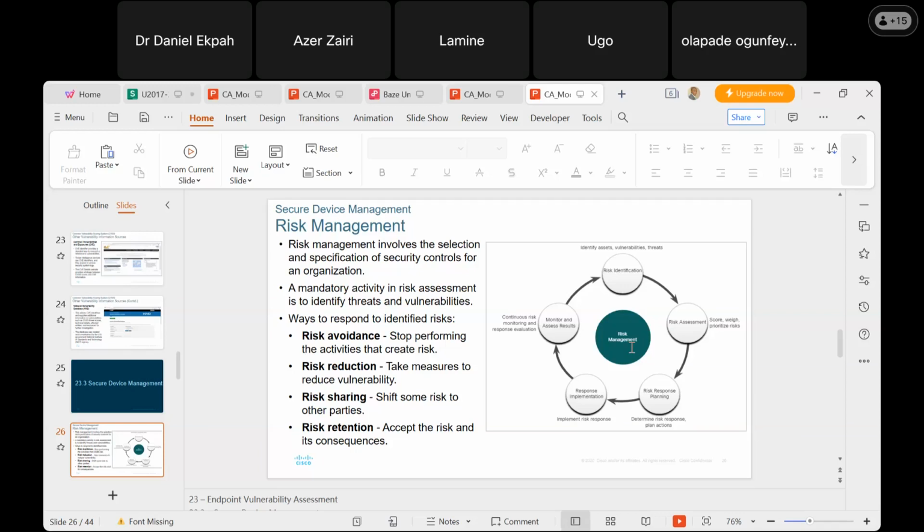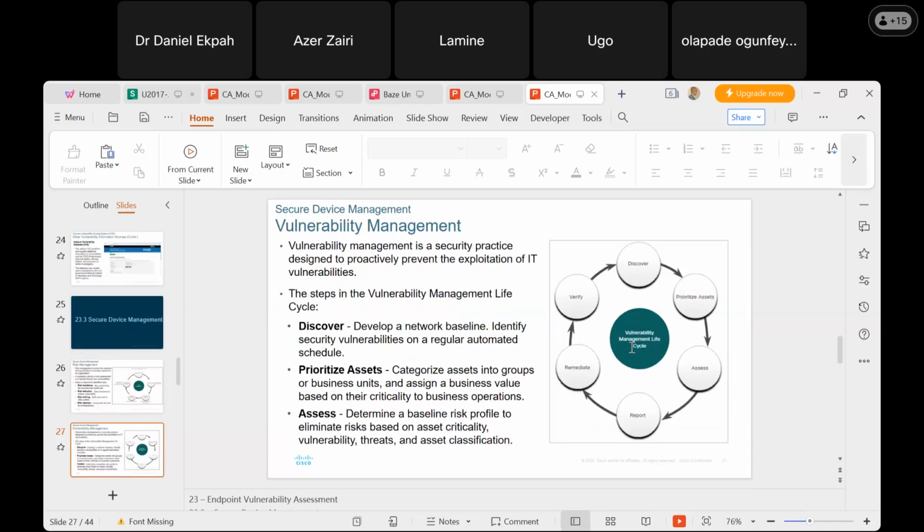And in this case, you're saying that the risk is already part of the overall operation of that organization. So removing the risk means that you're removing the value. So sometimes they're incorporated. This is what we refer to as risk management. And then vulnerability management